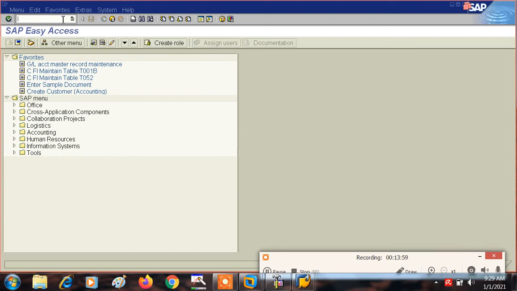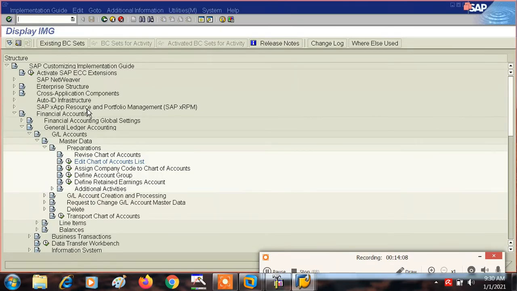Okay, so now let me show you how we will assign our chart of accounts to our company code. Once again we are in the path, and see here, assign company code to chart of accounts, and the T code is OB13, sorry, OB62, because in OB13 we create the chart of accounts, and in OB62 we assign our company code to the chart of accounts, right?